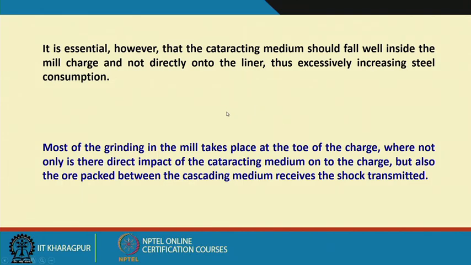That means I should design my mill and optimize the process parameters in such a way that my grinding media fall on top of the particles which I want to grind. Otherwise, if they fall randomly and hit the liner material without hitting the ore which I want to grind,